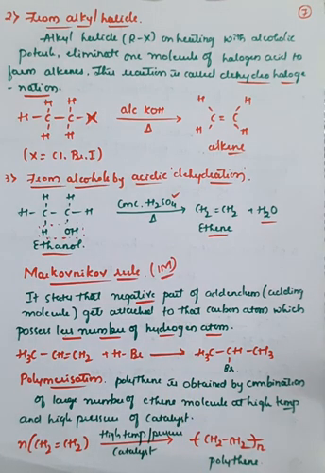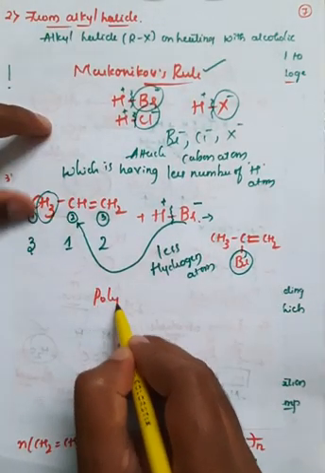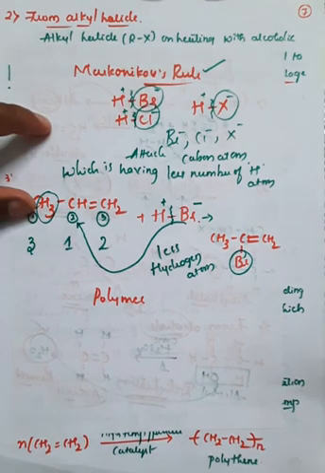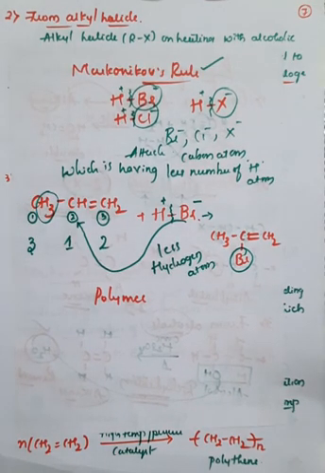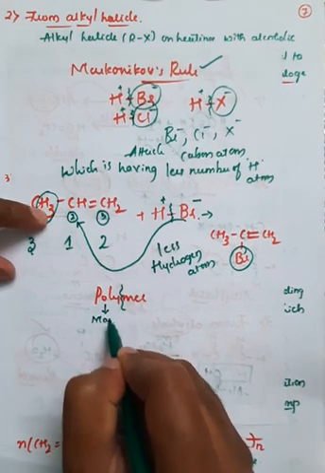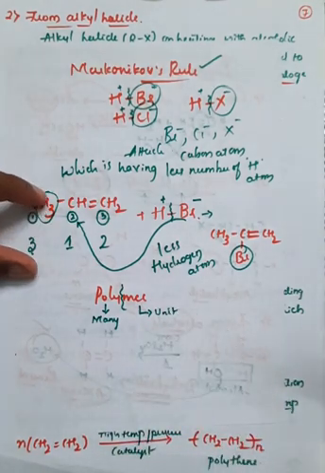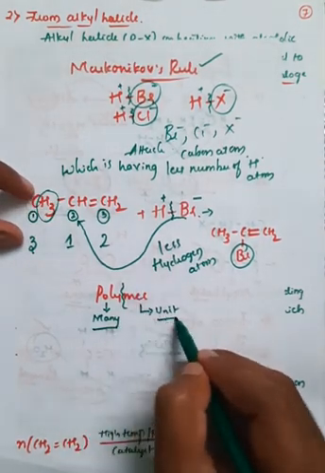So the next important reaction is polymerization. Polymerization is the process of continuous addition of monomer units, or conversion of monomers into polymers. One important word here is polymer. If you divide this word, you get two parts: poly means many, mers means unit. This is very important, right? So poly means many, mers means unit.